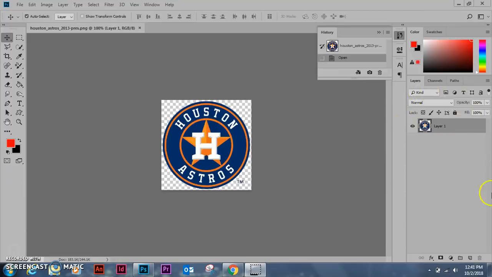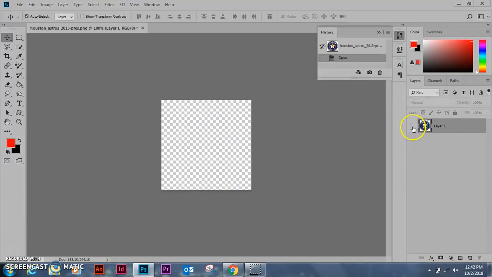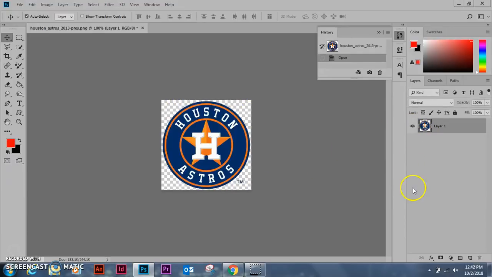So this is our layers palette. Over here on the right, you see it says layers right here. And then this is our only layer, layer 1. And you see the eye, that means that layer is visible. If you click the eye, notice our layer is now invisible, and all you see is the little checkerboard pattern. Okay, and if I click it back on, you'll see where the invisible part is and where the visible part